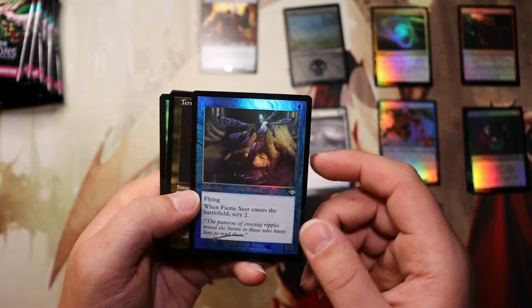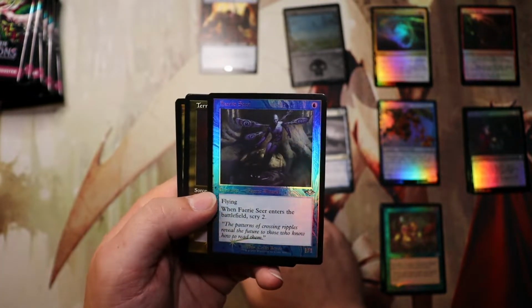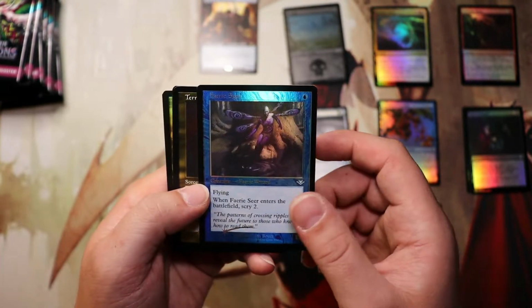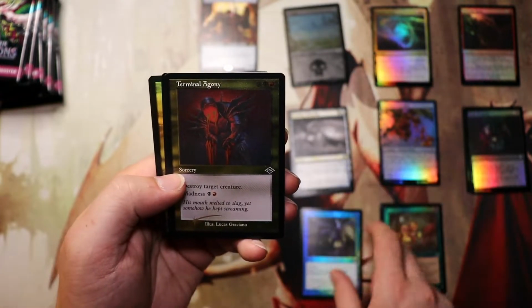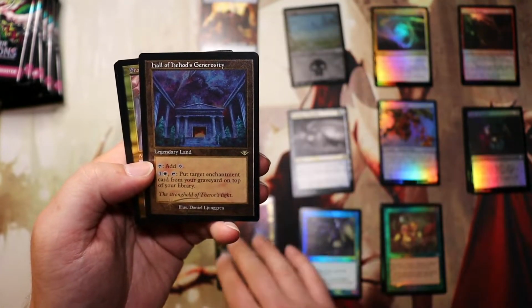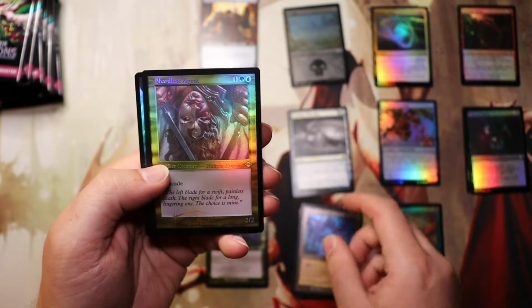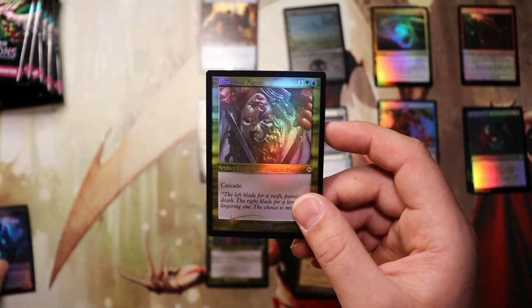This is our Modern Horizons 1 time shifted card, Fairy Seer. And then we got a foil etched Terminal Agony. Another Modern Horizons 1 time shift, Hall of Heliod's Generosity. And a Shardless Agent. So first pack,